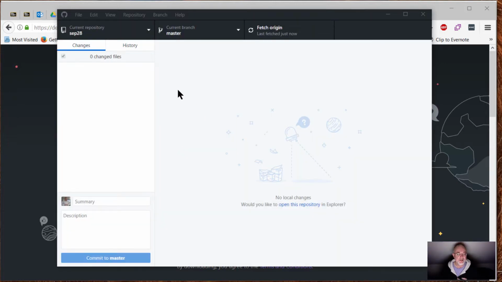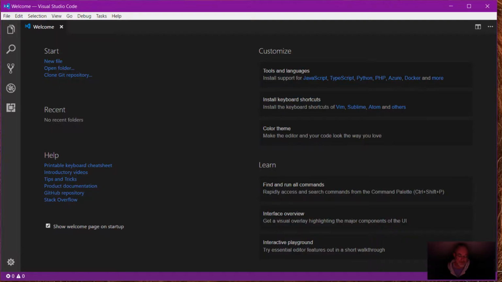So at this point, I have cloned a repository to my local computer. So now I have all of those files on my local computer, and now I simply want to maybe do some editing and work on my project. So I'm going to go to Visual Studio Code,